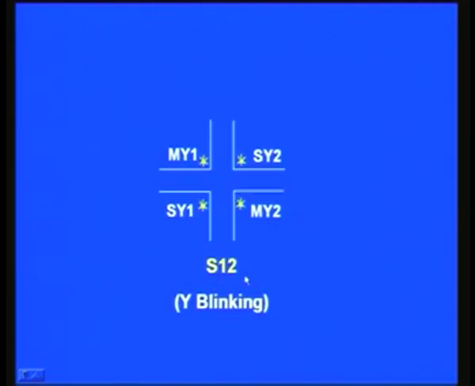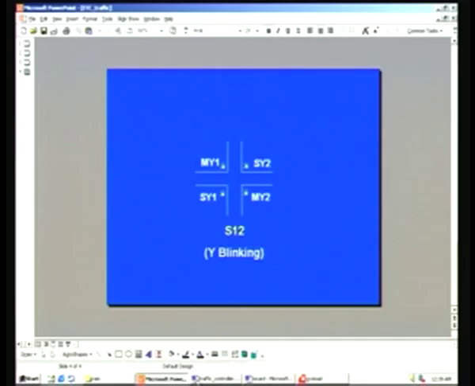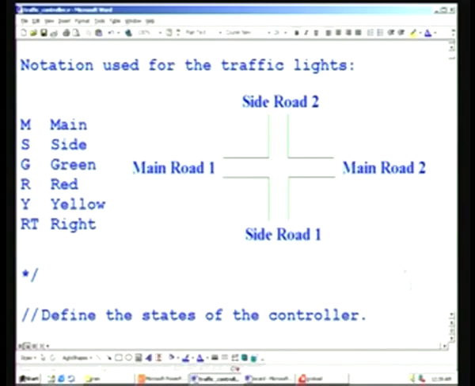Earlier, if I remember correctly, it was the S8 state, and now it is the S12 state, because we have added some more states in between. Instead of 8 plus 1, 9 states were there earlier I think, and here it happens to be, is it starting from S0? S0 to S11 is the normal sequence, that is 12 sequences, plus one more sequence here for the blinking. So, reverting back to the code,